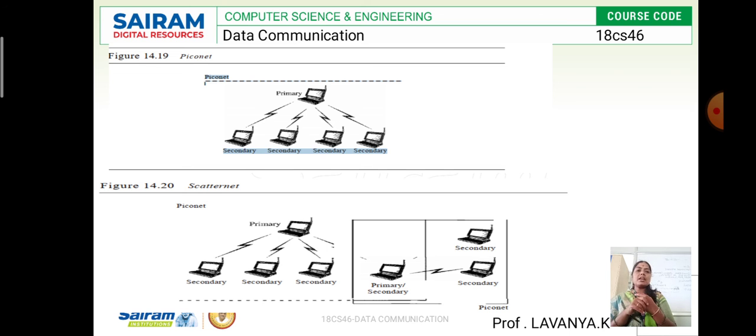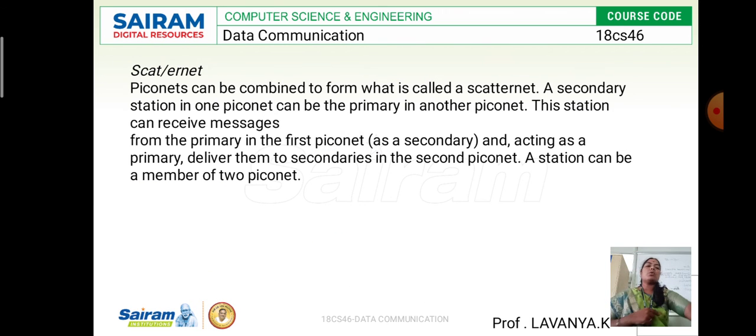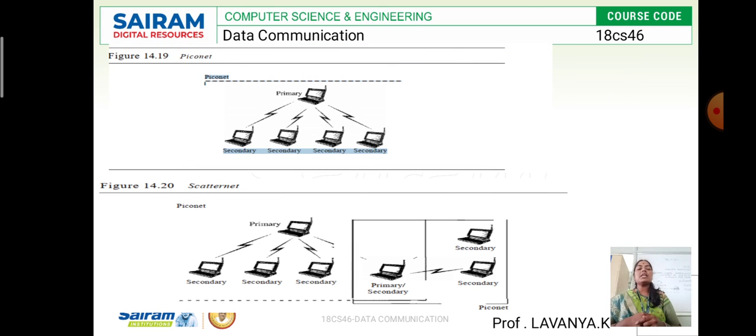Then what is the scatternet? The scatternet is a combination of two piconets. Why? Because here we use two sets of piconets. Whenever the primary node takes the information, it distributes the information to all the slave nodes.